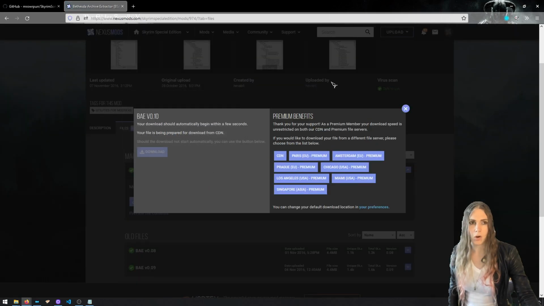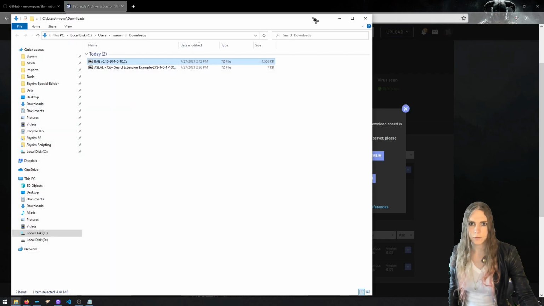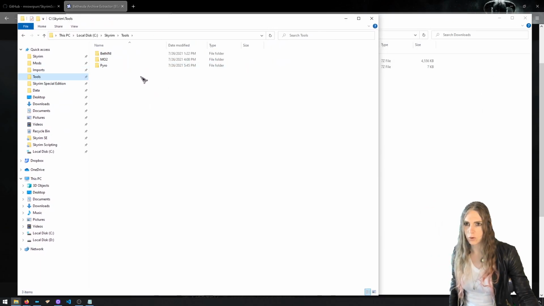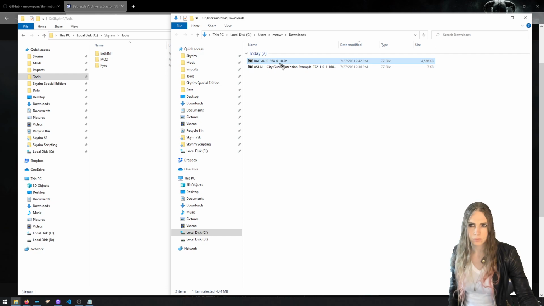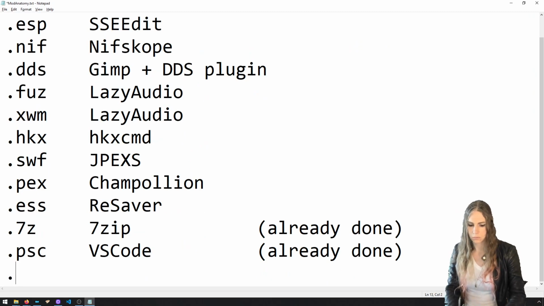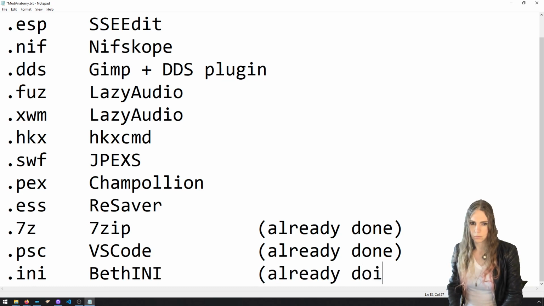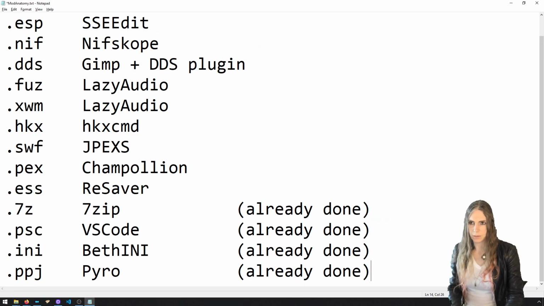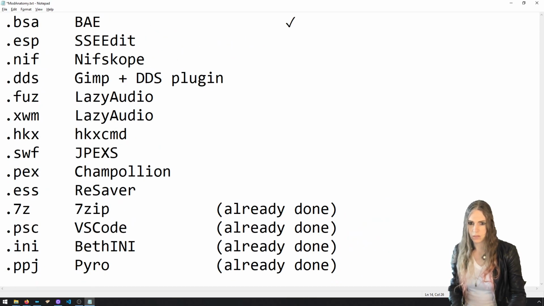Download, and I'm going to put all of these as I download them into a tools folder that I currently have at C Skyrim Tools, and you can put it wherever you want. It would be nice for you to organize your tools. Oh, and I didn't include, in previous episodes, we've installed tools for those file types. And this isn't for any arbitrary INI, it's specifically for the Skyrim INI. But anyway,